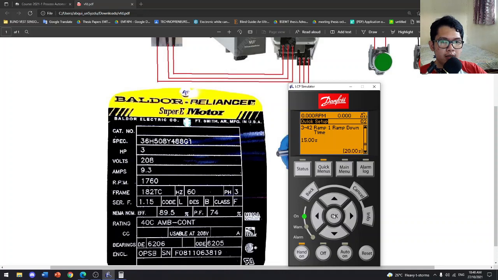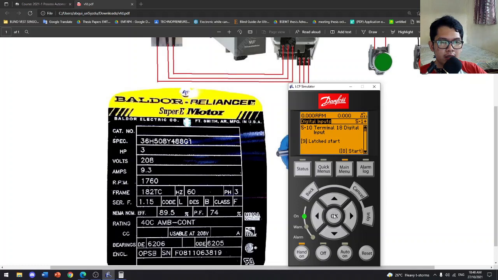Okay, next, click this main menu. Okay, and then locate this digital in and out. Okay, press OK. Then 5-1 digital inputs. Then change this start into latch start. Okay, which is number 9.